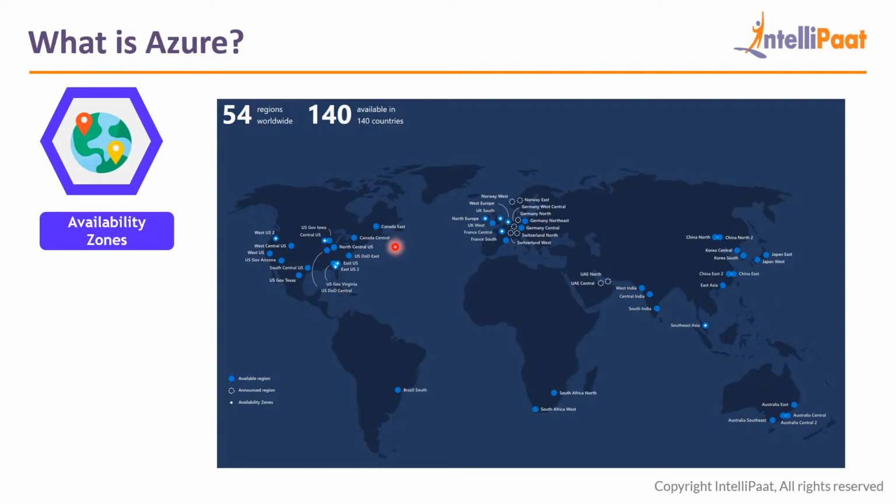There is 1 and 2 in Canada, which is Canada East and Canada Central, and over here it's in Europe. And then in Africa, there is South Africa North, South Africa West, Brazil South, Australia, and also India and UAE. And this basically means the dotted circle means they are coming, but right now these are available. And then over here, other Asian countries like Korea, China. Okay, so these are the number of geographical regions in which Azure